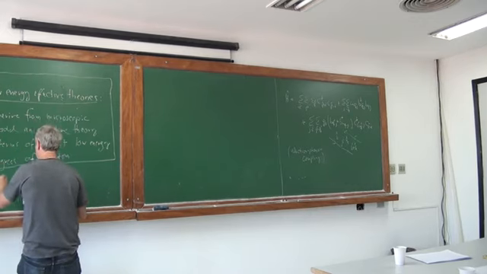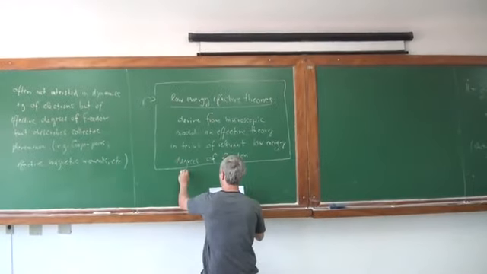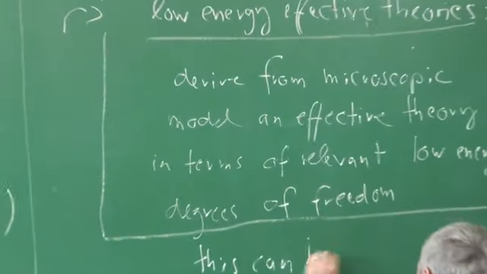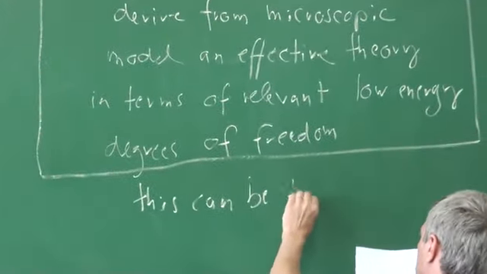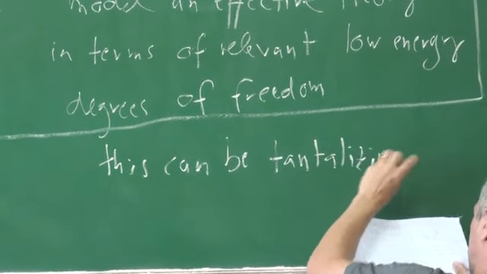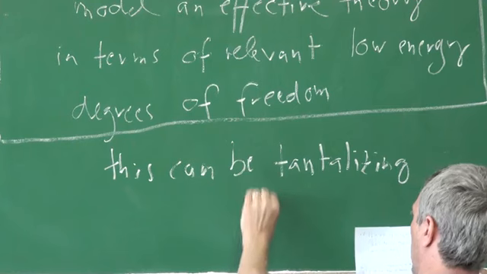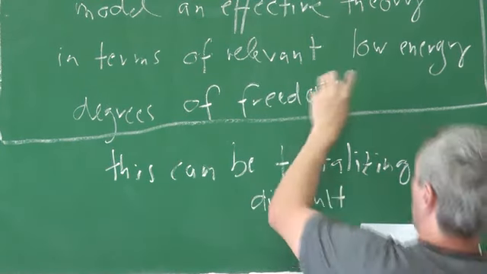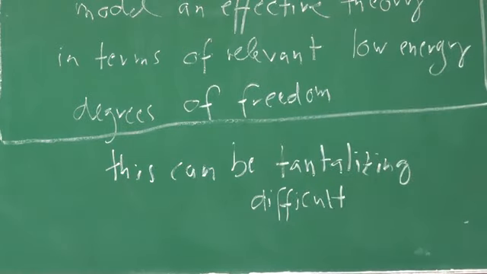It may sound easy, but it can be very hard to understand what the relevant degrees of freedom at low energies are, which lead to the phenomenology that you find in the laboratory. One famous example of this is the high temperature